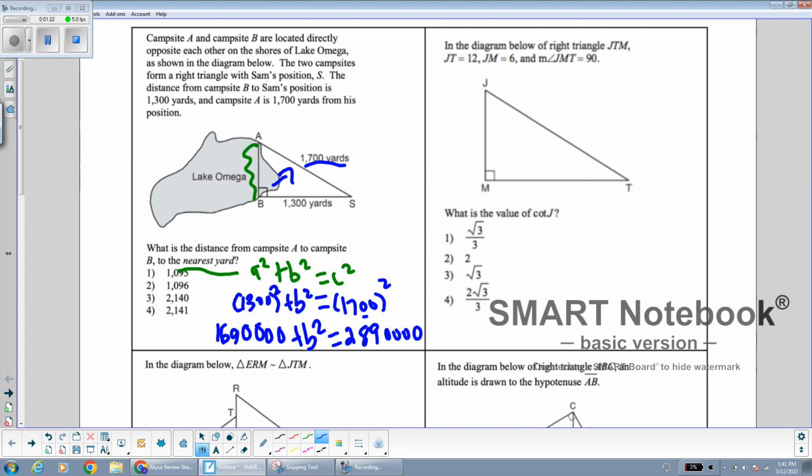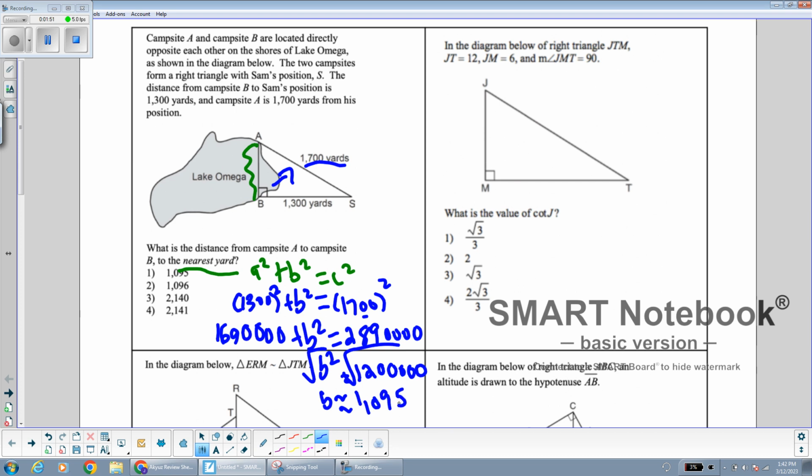Let me subtract, and I get that b squared is equal to 1, 2, 3, that's 5 zeros. And we need to take the square root of both sides. So b is approximately, it does say to the nearest yard,